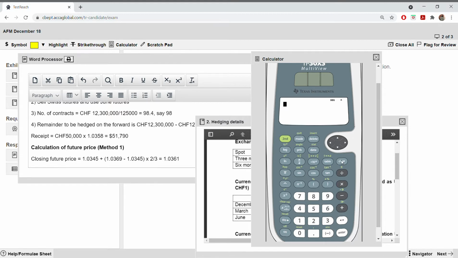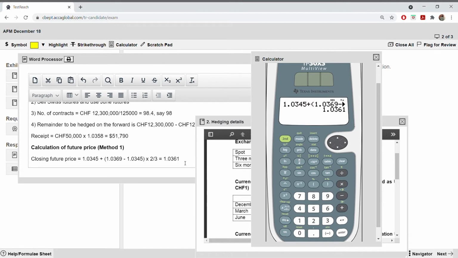It's good that I'm making this mistake here. See, I've deleted everything, so it went. It's good to make all those errors while you're practicing, so in the exam, you can avoid these mistakes. Minus 1.0345, close the bracket, multiply by, now I am not putting the normal division, which I have used, n over d. Now press enter. Still you will get the same answer.